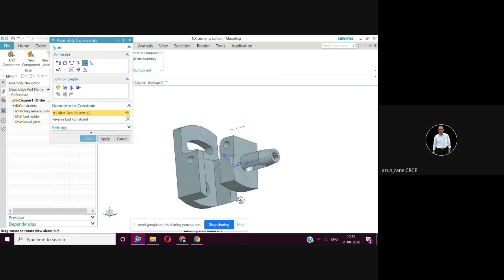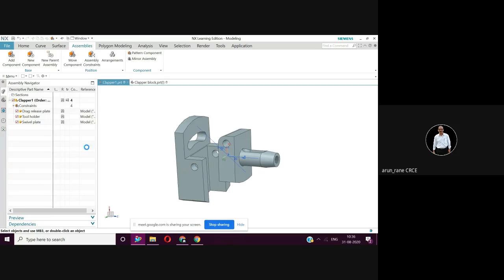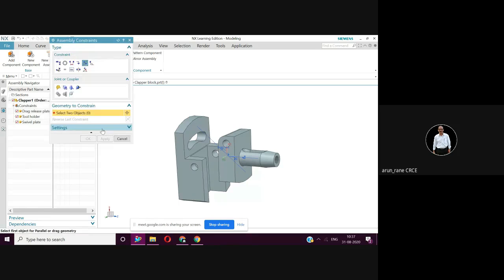Now we'll align this and this. How to do that? Again assembly constraint.